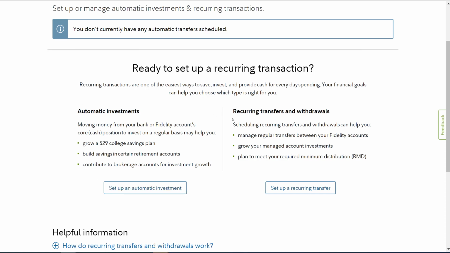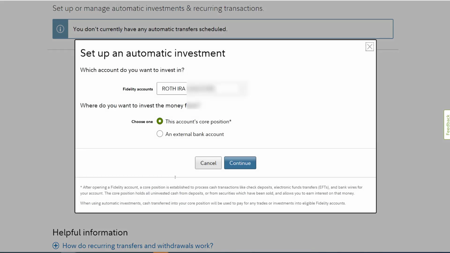If you needed to do reoccurring transfers and withdrawals, that is possible here as well, but I'm not interested in that at the moment. But you may be if you meet some minimum deduction requirements, RMDs, towards the tail end of your career, and you need to pull out money on a reoccurring basis. That might be useful. Let's click here for Set Up Automatic Investments,